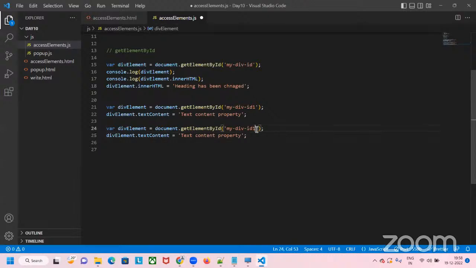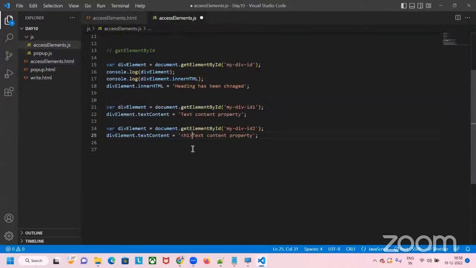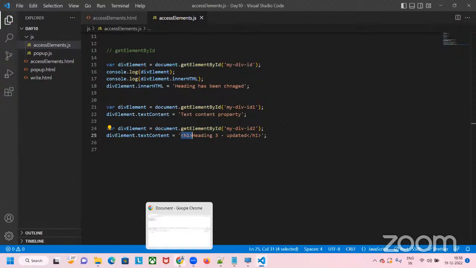Okay, I will say my ID 2, and I will say I need H1 heading also, right? What I'll do, H1. This is what I want, right? I'll just copy this one, and I will put it over here. So my expectation is, it should add H1 tag inside div tag, and it should show this content. Now if you go and check,